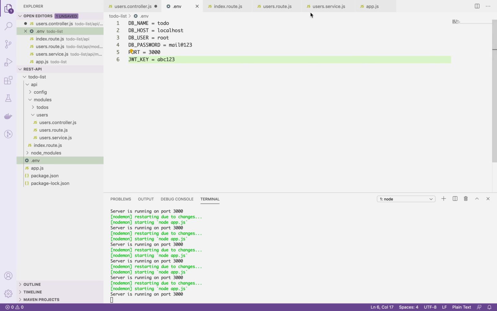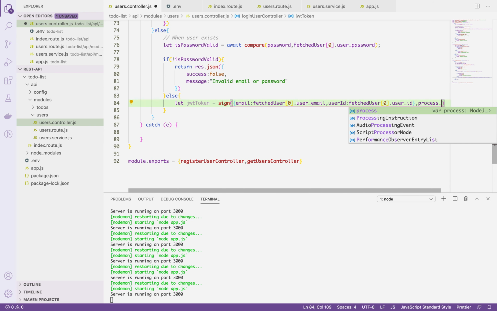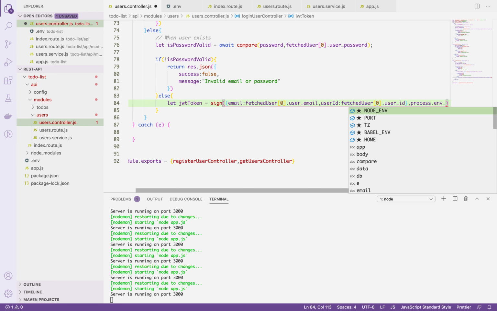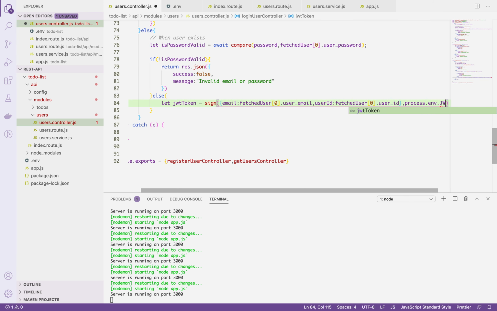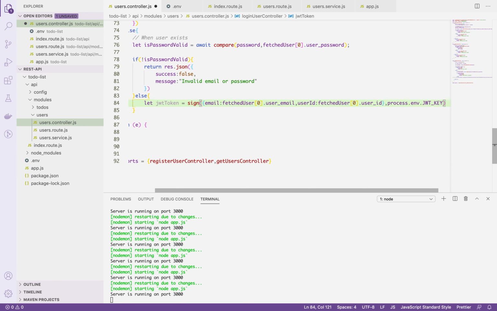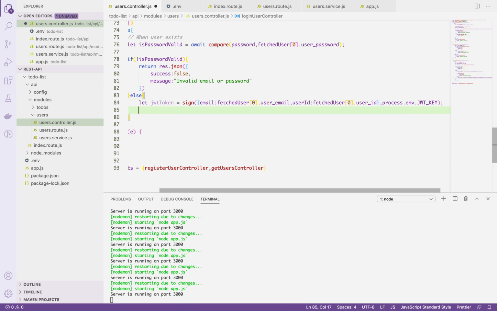Save this. Then here I will pass process.env.jwt_key. Okay, so now